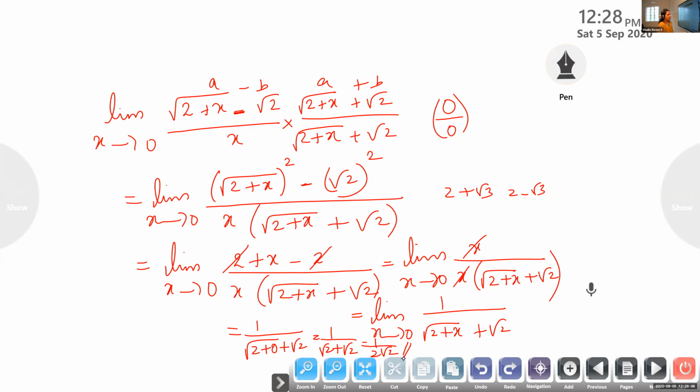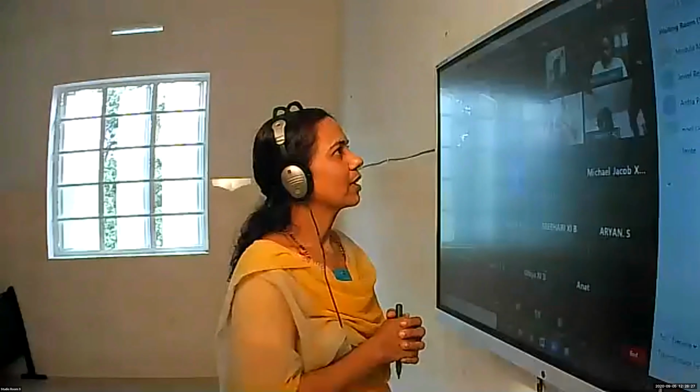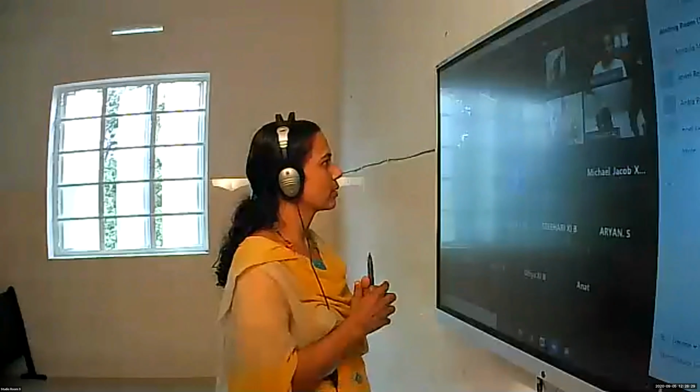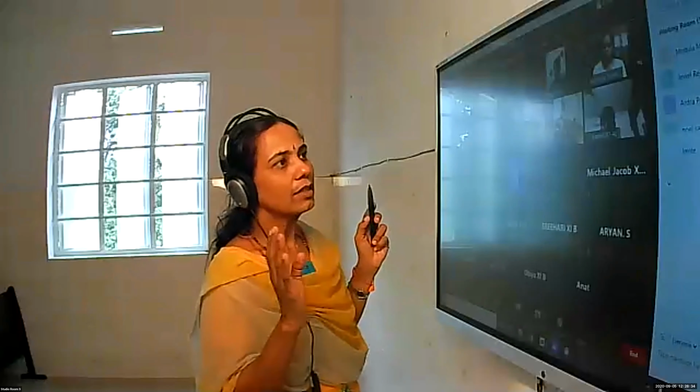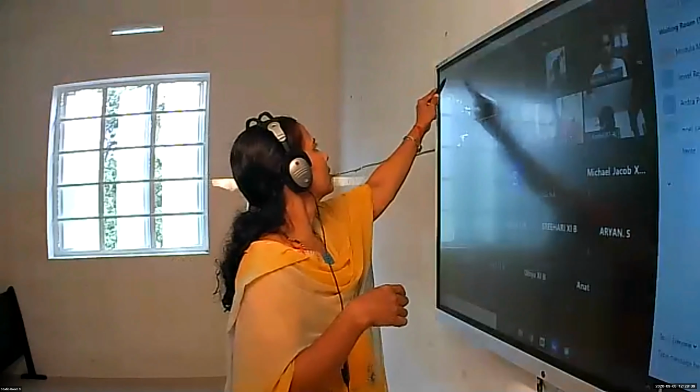Is it okay, Aishwarya? Yes, ma'am. Okay. So whenever we get a question in this root form, to remove the root you multiply and divide by the conjugate. Any doubt in the previous question? No, ma'am. Okay, I think we can wind up this session with this. Learn the formulas and then one more